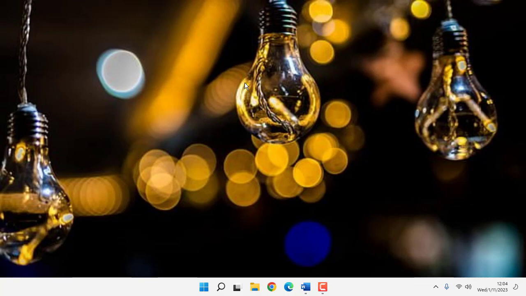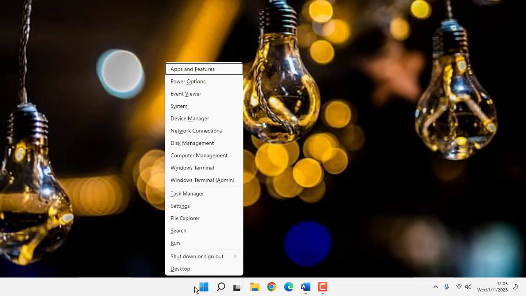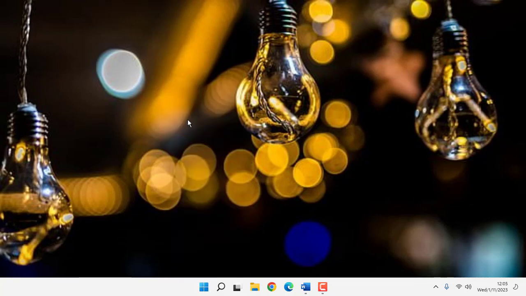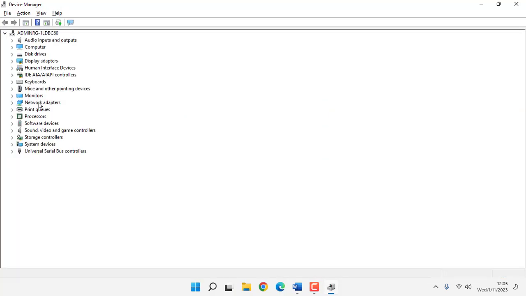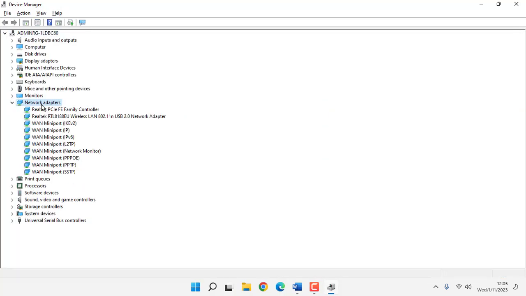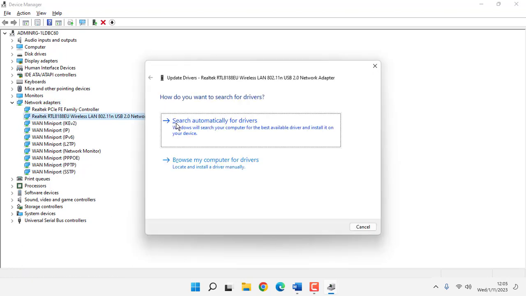Guys, first of all, right click on Start menu, then click on Device Manager, double click on Network Adapters, right click on Network Adapter, click on Update Driver, click on Search automatically for drivers,